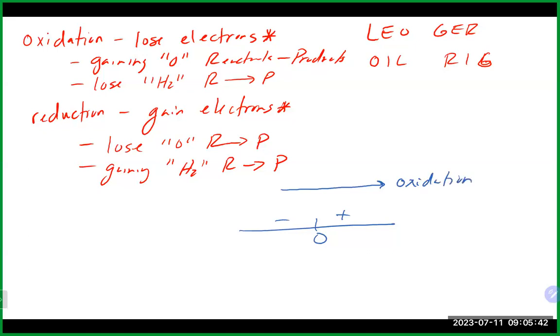Now, when somebody gains electrons, they actually have more negatives than positives, so they become more negative along the way. So if you follow the oxidation state and it's kind of moving towards the left on the number line, becoming more negative, that guy is going through reduction. So it makes it really an easy way to follow if something's being oxidized or reduced. So for example, if I had something like this,